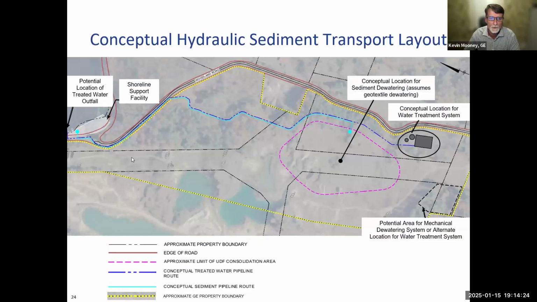This is also, as I mentioned before, the shoreline support facility and how it's going to be connected to the UDF area. This area right here is a corner of Woods Pond. This is the shoreline support facility where the hydraulic dredges will basically be docked. Located on the support facility will be a booster pump that will pump the material up to the UDF. So this light blue line, this is the pump here, and this light